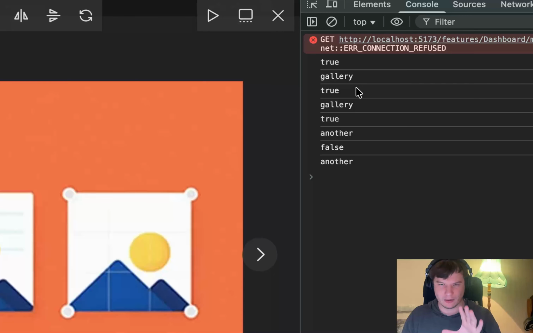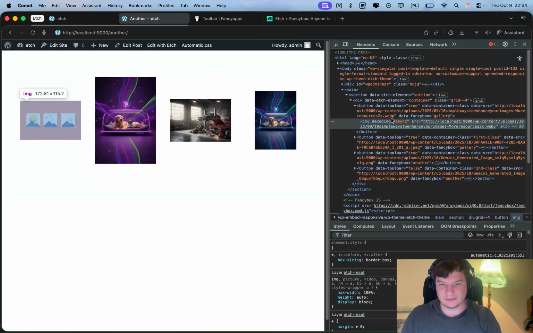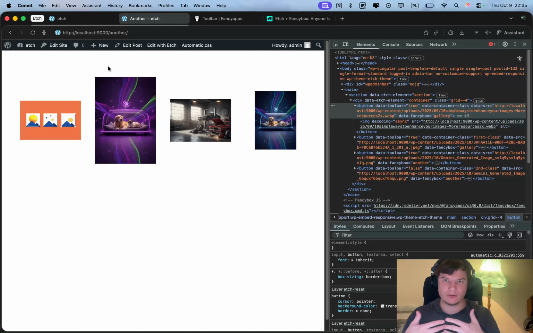But I want to ask you to pay exact attention here, because you can see that true and gallery are displayed the same way. What it means is the true here is not actually a Boolean value. It's actually just a string. It's because when we check the implementation, we can see that it's just data toolbar true. This is all it is. So we need to implement some sort of solution to convert this value of true to an actual value that we would be able to utilize inside of the